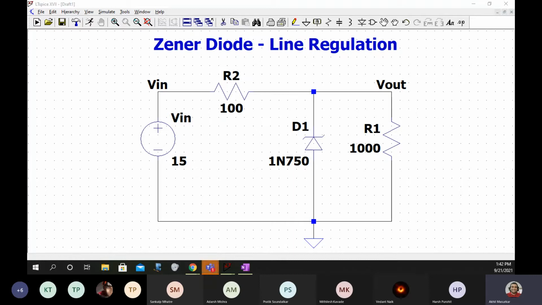Pratik, yes, your circuit is also perfect. Harsh, your circuit is right.